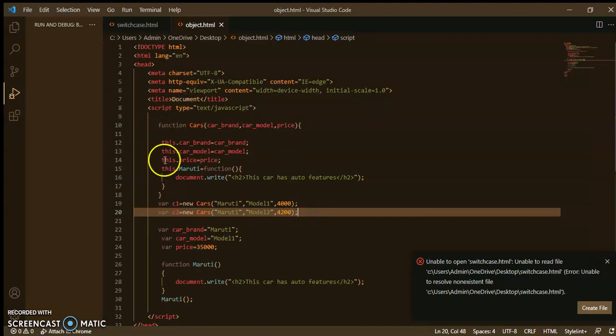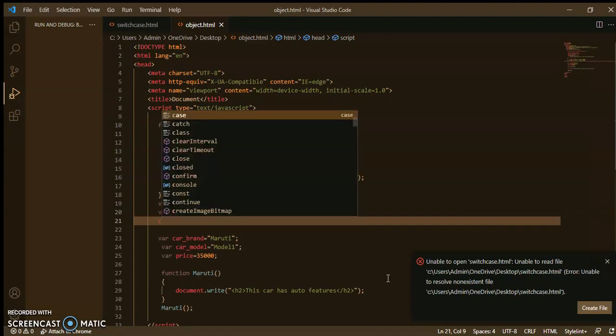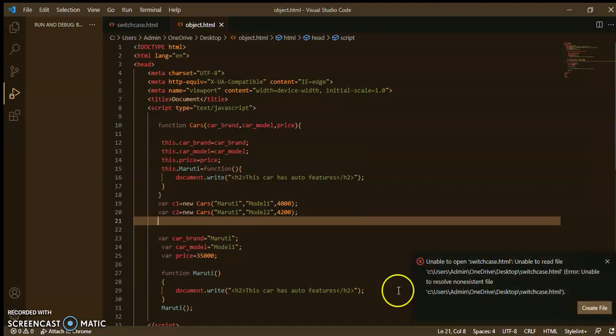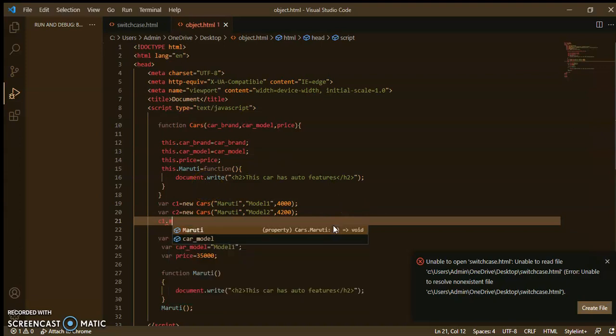So here I have created the constructor one time and am calling it many more times, but in the previous object creation I had to create all things again and again. Okay, so this is the best way to create objects. And if you want to access the function, suppose from variable c1, if you want to access the function, then you will write c1.Maruti. Okay, like this.